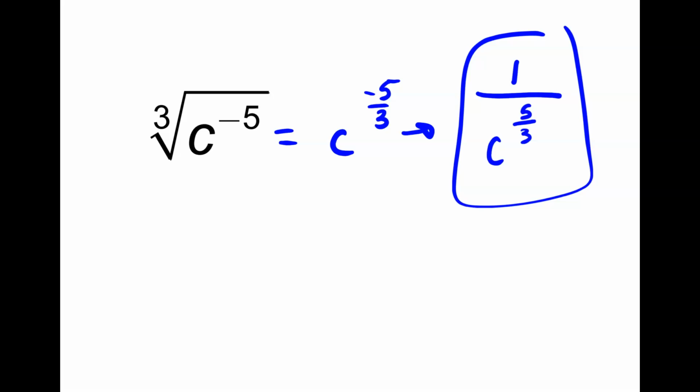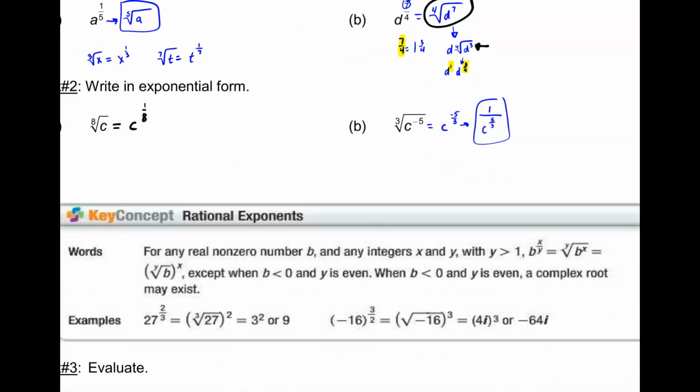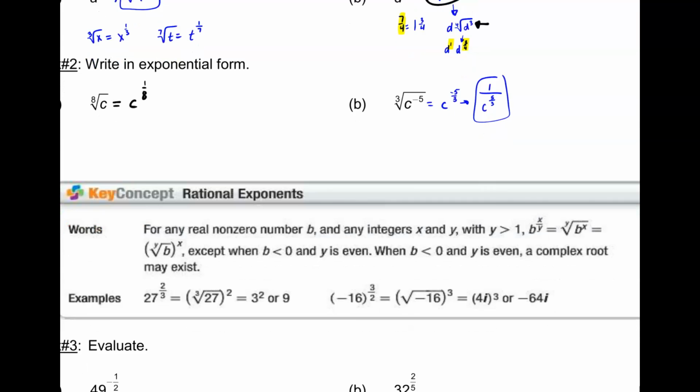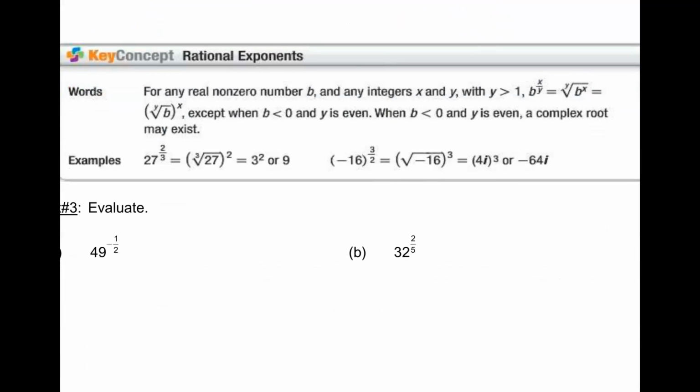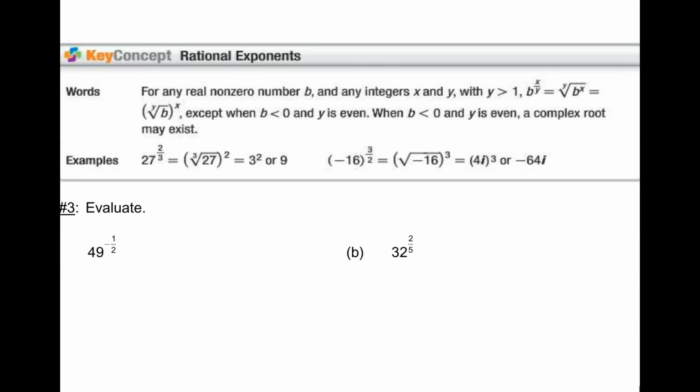So this is what we have been doing for a chapter and a half now. Okay, rational exponents. So for any non-zero number b, any integers x and y greater than 1, and so on. Okay, so the key here, if I have something like